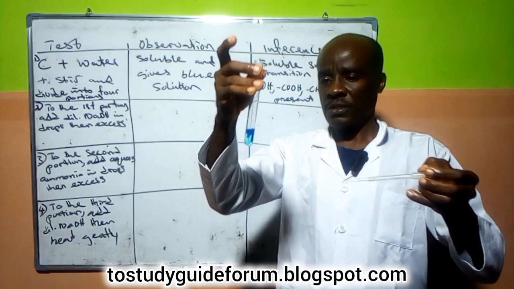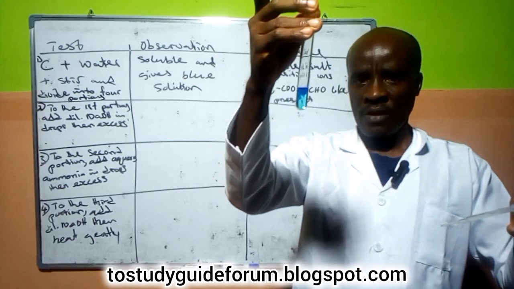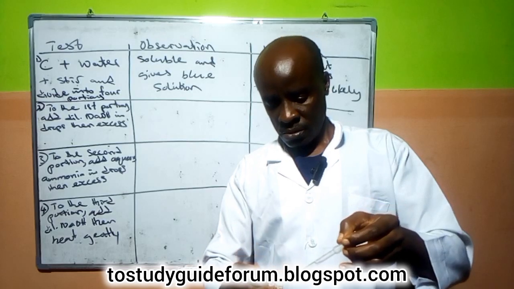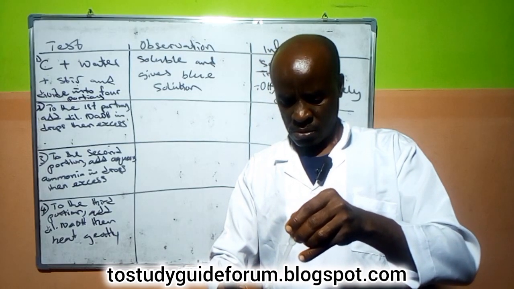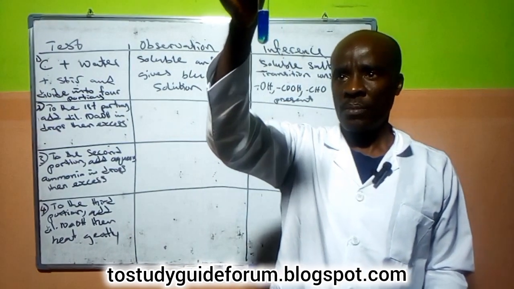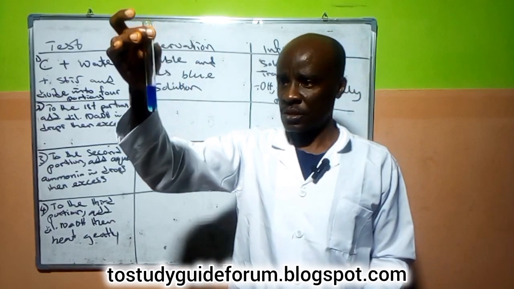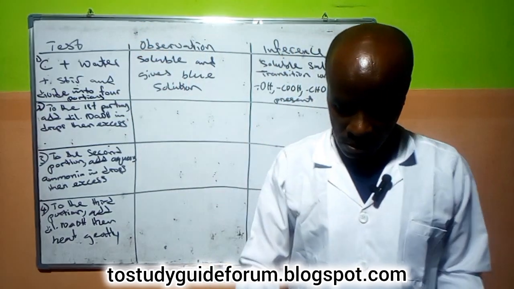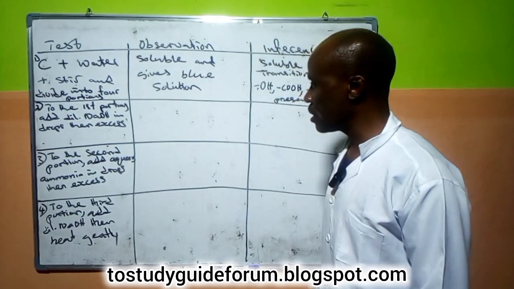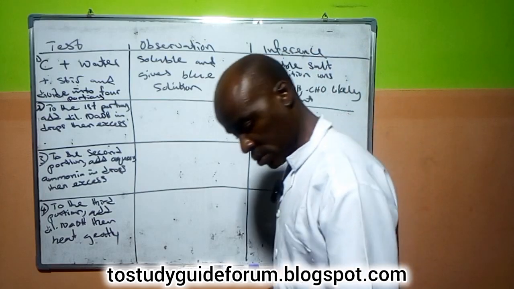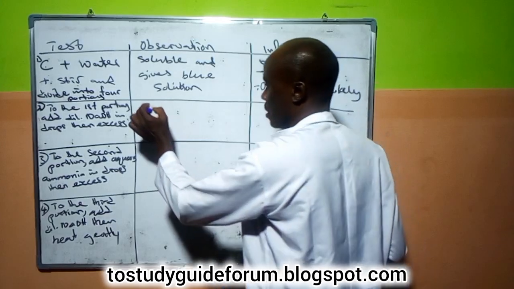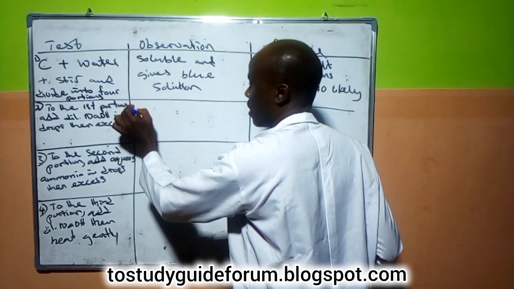Now we have gelatinous precipitate. You can see. Let's see what we have in excess. It's insoluble in excess. Gelatinous precipitate is insoluble in excess. That means that if we have a blue gelatinous precipitate which is insoluble in excess, what we have here is likely to be